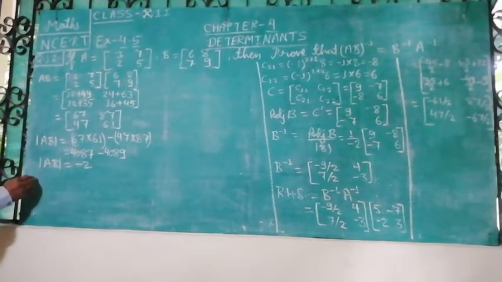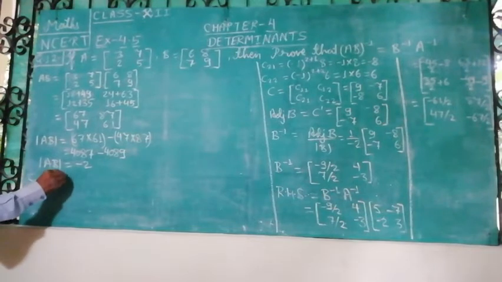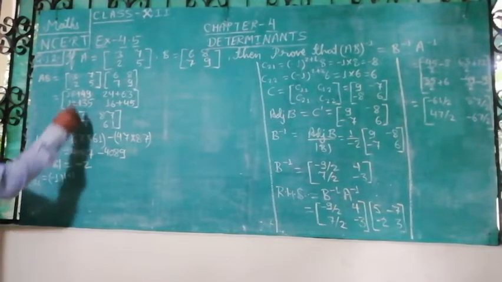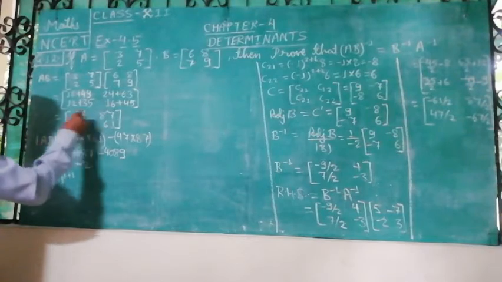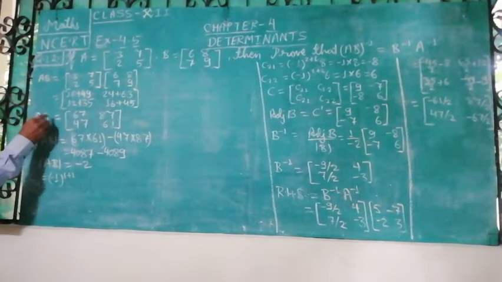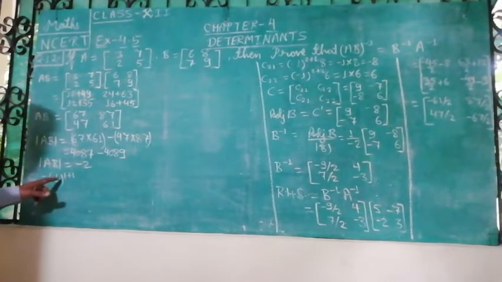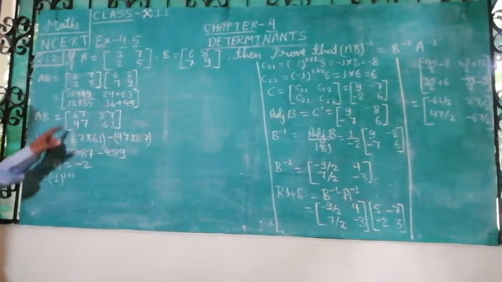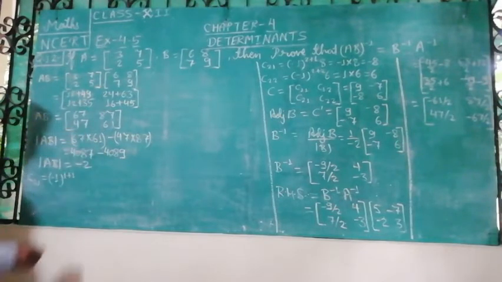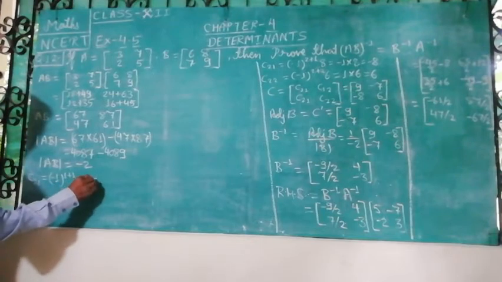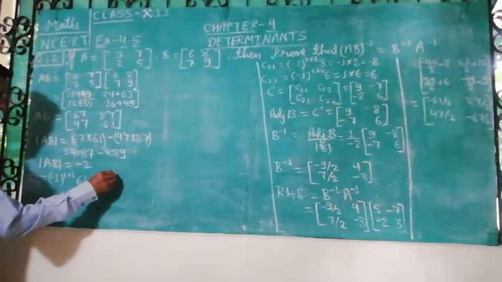Now let us find out C11. C11 is equal to minus 1 raised to the power 1 plus 1. And then first row, first column will be eliminated from here. It is AB. See, this one is AB. So first row, first column will be eliminated. 61 is the element. So it will be equal to 1 into 61, that is equal to 61 only.